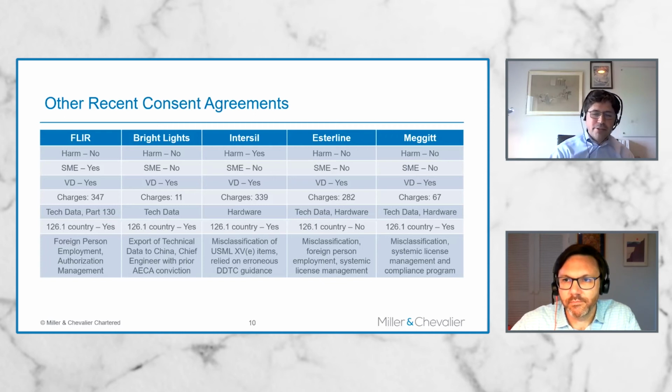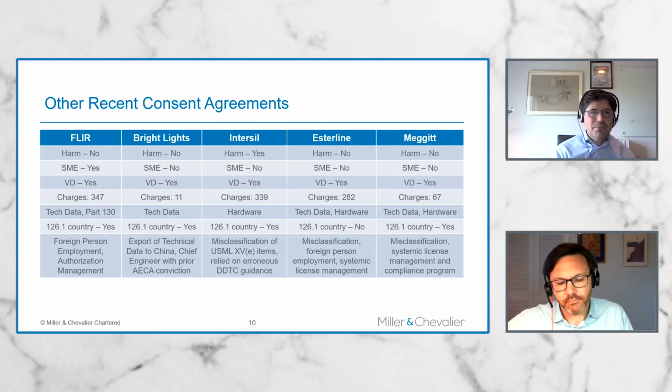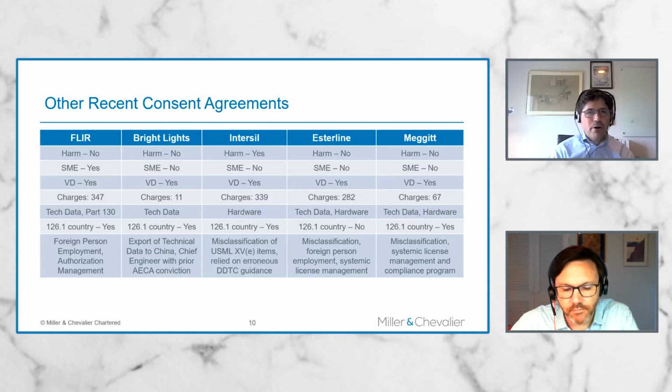And the other thing too, mentioning just some issue that might be broadcast to the whole regulated community. It was on the previous slide, but for Darling Industries, there's kind of an unspoken rule, so to speak, about a small company that didn't really have a lot of exports, had a low profile, that suddenly realizes, oh my goodness, there's this ITAR, we need to comply with it, and we'll disclose to the government voluntarily, we'll fix this. And there's kind of this unspoken agreement within DDTC of, yeah, if a company has that type of issue, we really don't want to punish someone like that. They've uncovered the issue. As long as there's nothing really egregious, systemic about it,